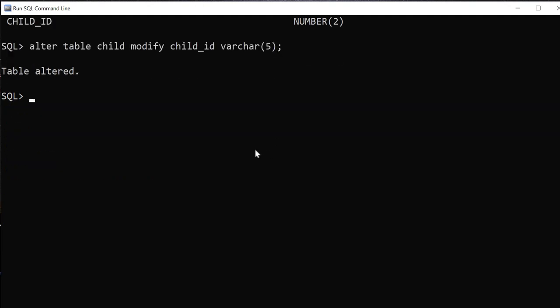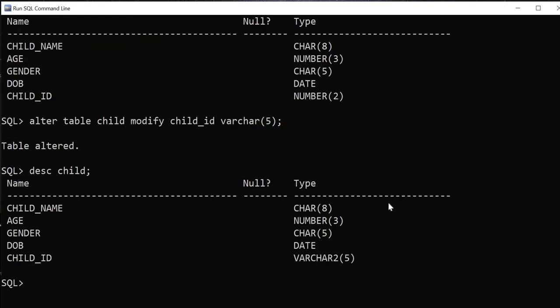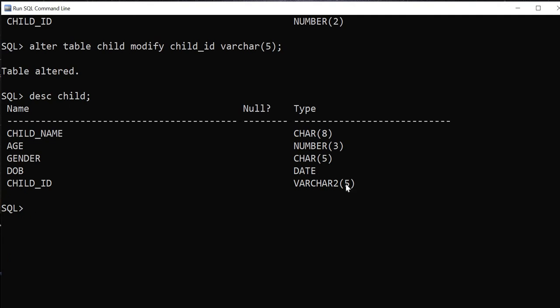If we check the description of the table, we can see that the data type has been changed from number to varchar2. So this is how the alter table modify option is used for changing either the attribute's data type or its size. So this is how the alter table command works. So in alter table, we have seen add and we have seen modify.